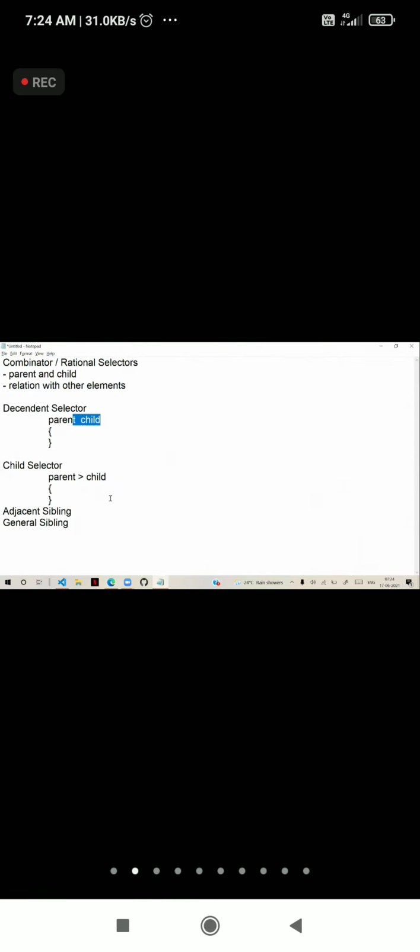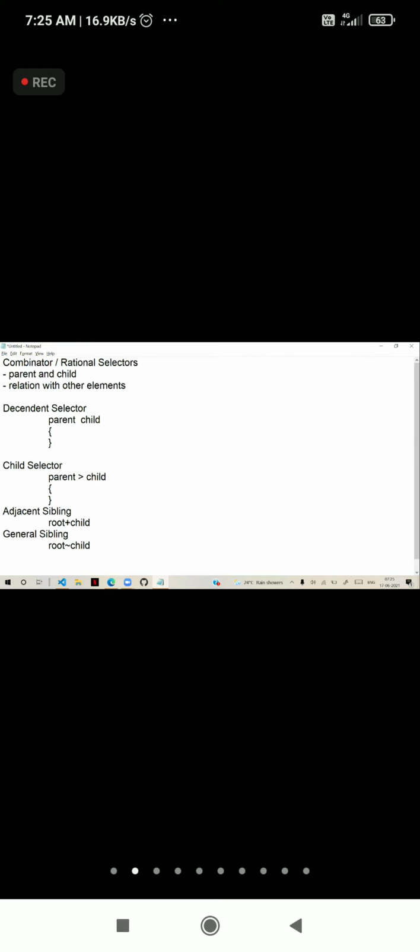So we have adjacent sibling, that means the root plus the child. Like this we have to define. General sibling, so the root and tilde child. So it will apply to all.